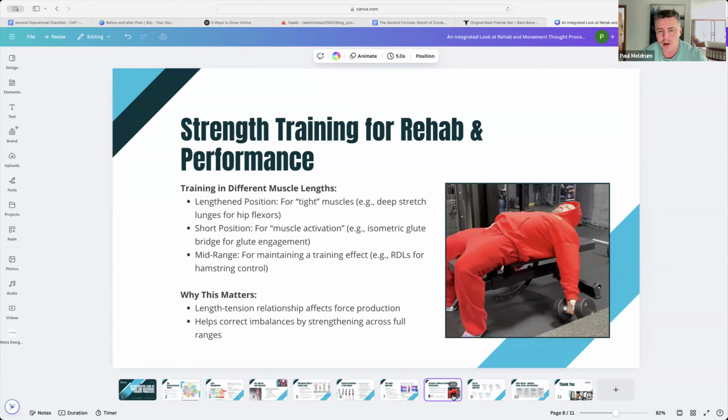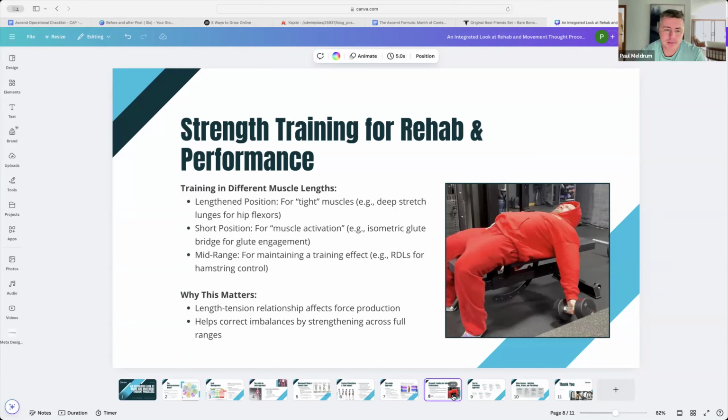A lot of clients don't like doing their smaller rehab work, particularly if someone's a little bit stronger and has a little bit more training background. They don't love doing it. It's very hard for people to psychologically tie doing their rehab to the stuff they love. So there's a way we can get around it.